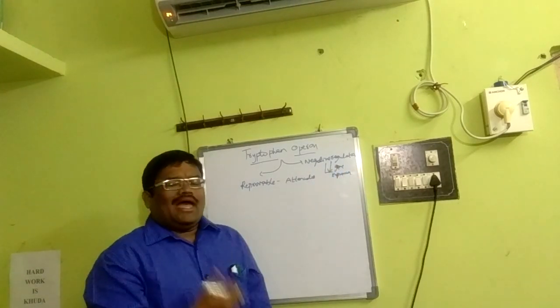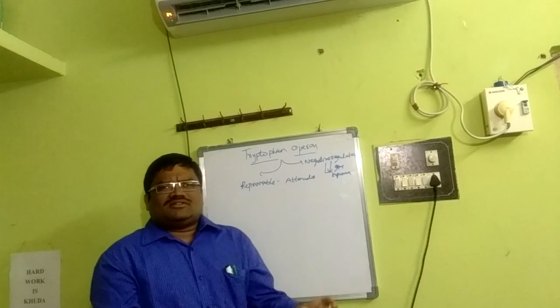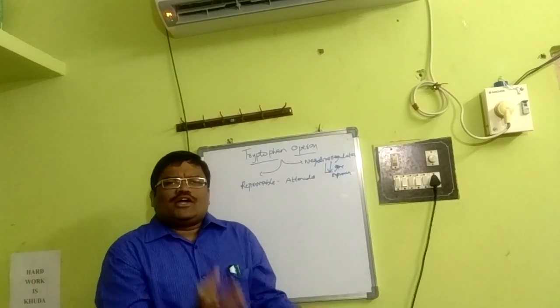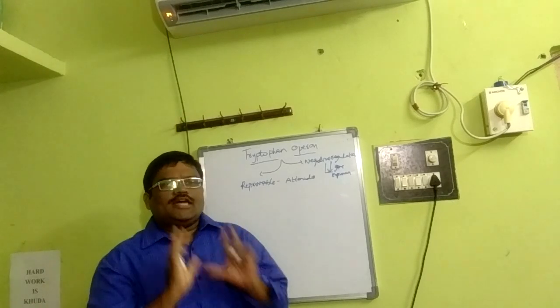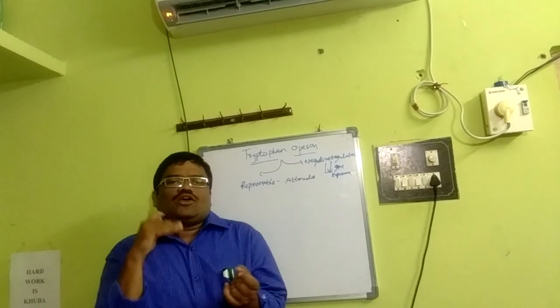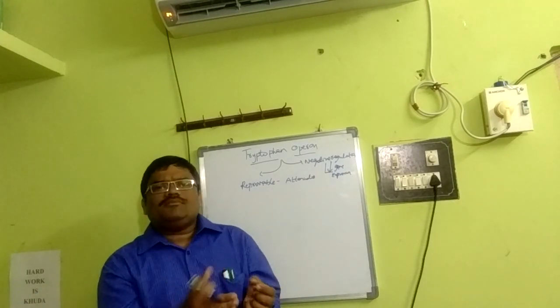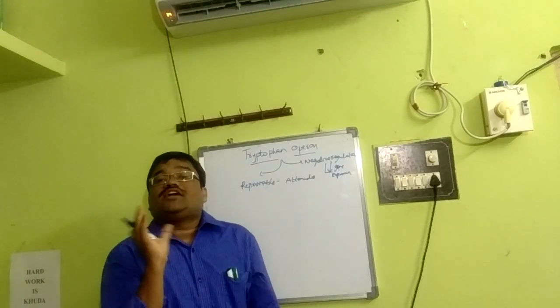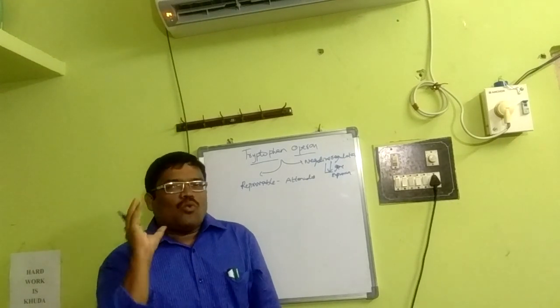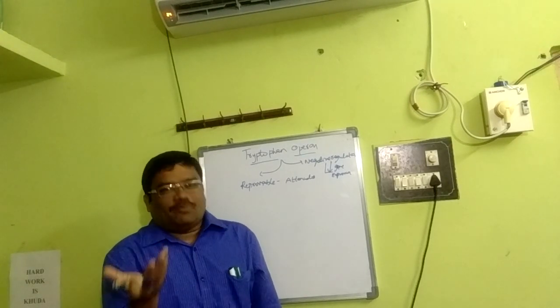Now, how exactly? We have discussed what an operon is. It is a coordinated unit of genetic expression, a group of genes acting in a coordinated manner, in tandem, to get things done, that is, transcription and translation. A group of genes acting as one functional unit is an operon.